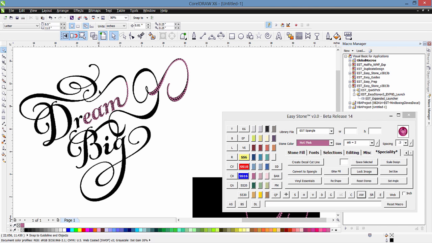So it's really up to you, the designer, to decide ultimately exactly what finished product you want it to look like, and then using the tools here in EasyStone to make it happen. So hopefully this gives you a little insight as to what we go through when we're creating these types of designs. And really the only way to learn it is to experiment and try and try and try,